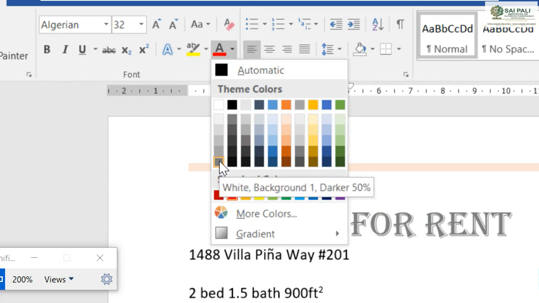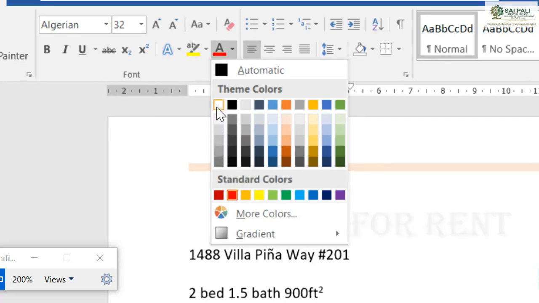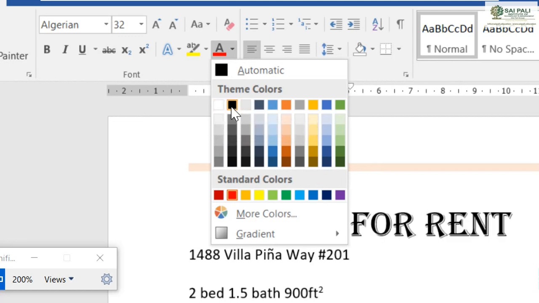This is your white background one, darker 50%. You can go, this is also white background, but darker 35%, a little darker. This is completely white. This is black, lighter black, completely black.